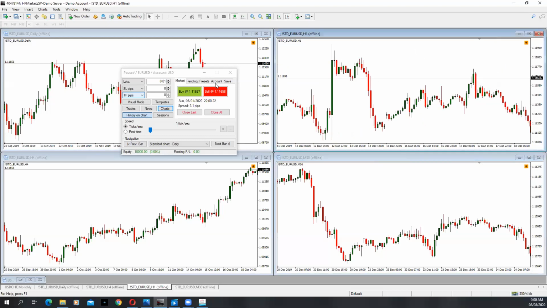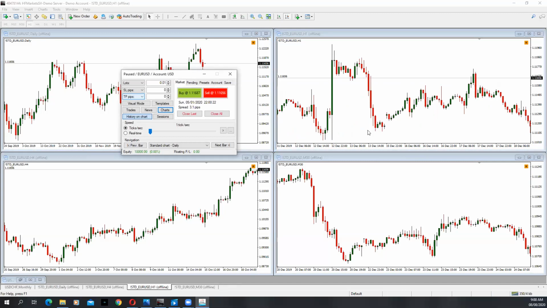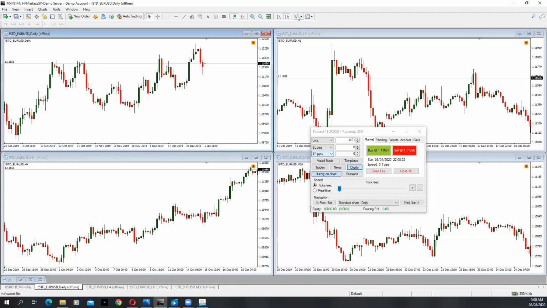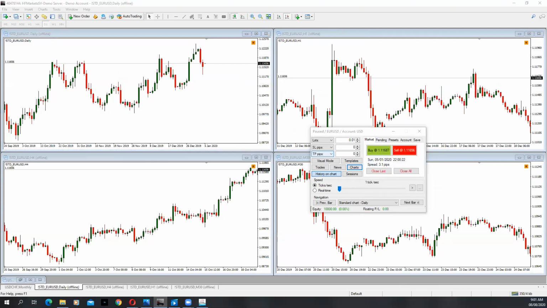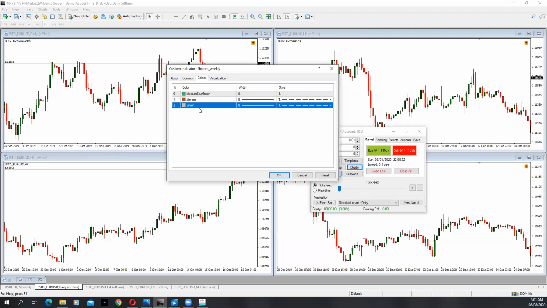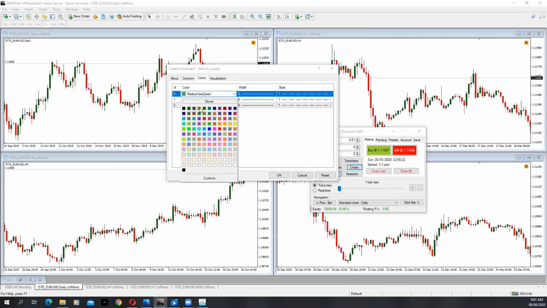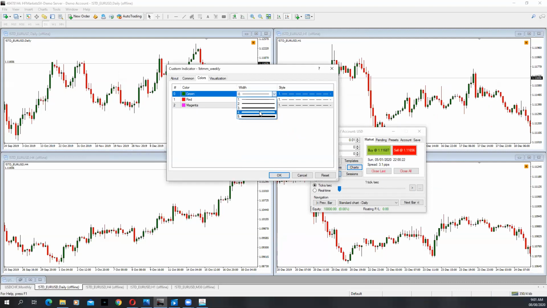So assuming you want to now test that weekly highs and daily lows, you come to this time frame, put your indicator list, go to custom. Some of you already have it. So this is the indicator. When you pick the indicator, this silver line, I always change it to pink. The middle line, red. Topmost one, I leave as green. Then the width, I normally make a little bit thicker. And once you're through, you click OK.